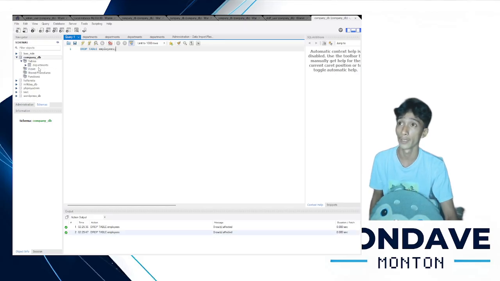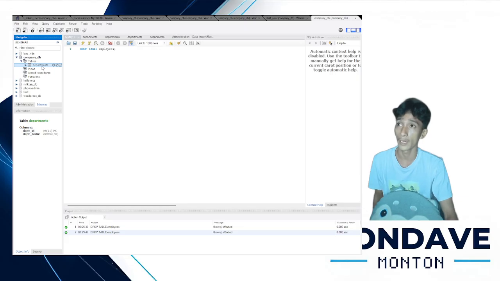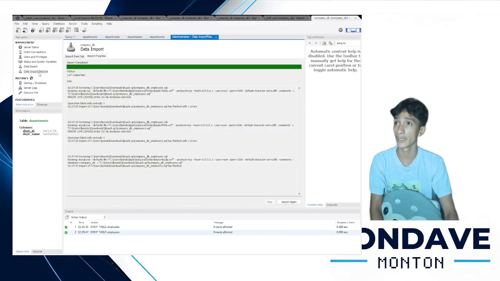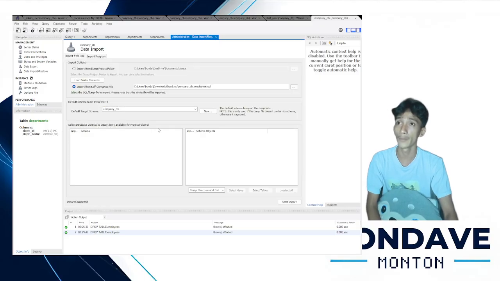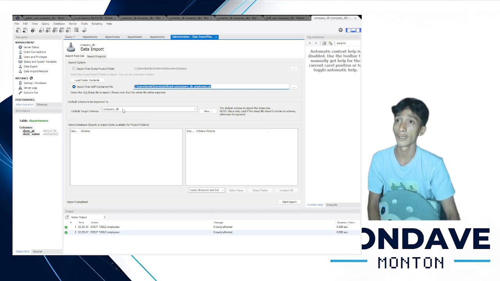So as you can see here, our company DB has only the department table. Now, to recover the data loss, we click the administration and then click the data import. Then from the data import, you click import from self-contained file, which is the file location you created, and then the default target schema, which is the company DB.